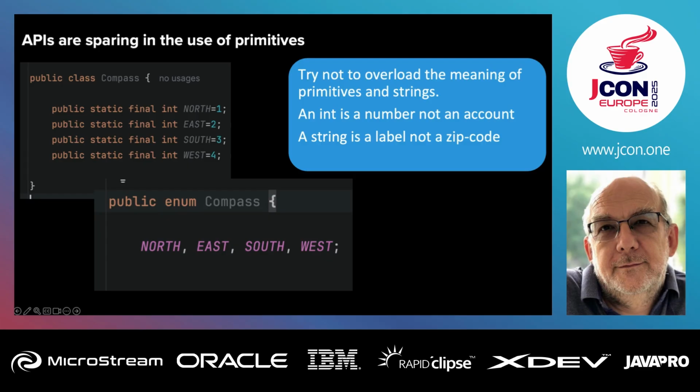Don't do this, right? Use enums. Enums are so much easier to control and extend, right? But the thing I want to remind you is every primitive that you have in your application or in your API, unless it really is a number or it really is a label, is actually representing something else. So you might often get people have strings that are zip codes. So just create an object, because you'll like that in the future.